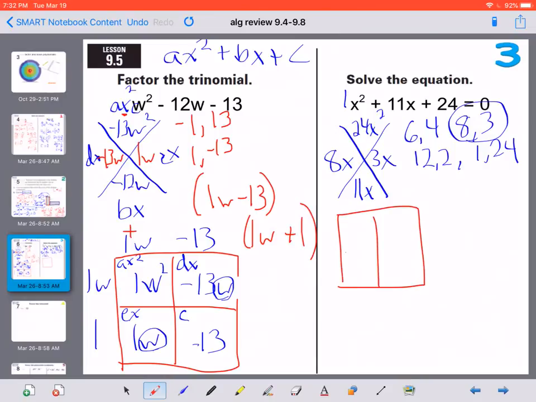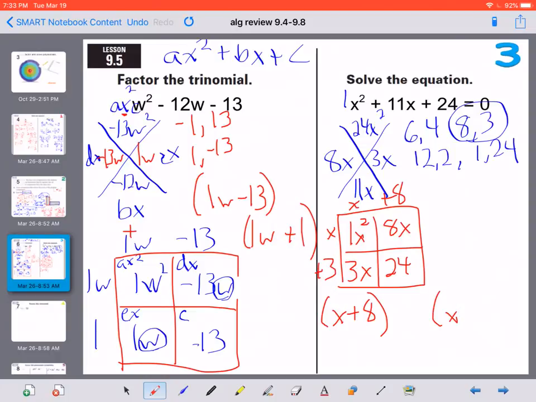If we draw our box, ax squared is 1x squared. C is 24. Dx is 8x and 3x. So I know I need an x here and an x here. X times 8 will give me 8x. X times 3 will give me 3x. 8 times 3 gives me 24. So our two factors then are x plus 8